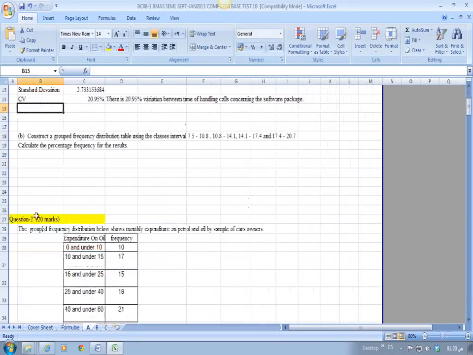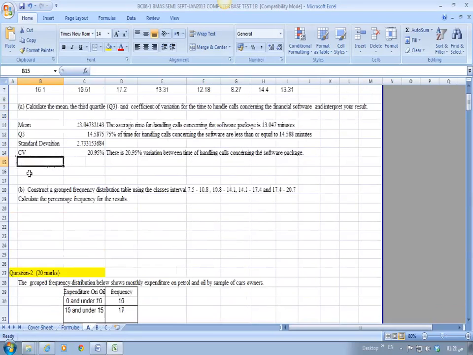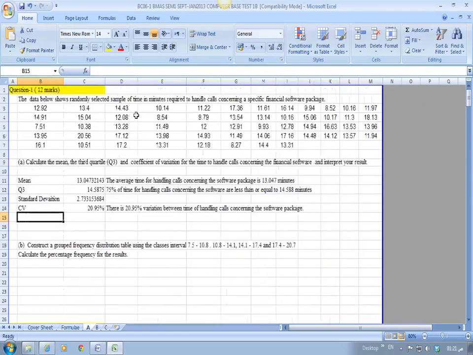The next question is construct group frequency distribution table using class intervals. These are the class intervals. Calculate the percent. So it means that B is concerning this data. We want to make a group frequency distribution. So what we write here is time. We are grouping the time. So the time here is between